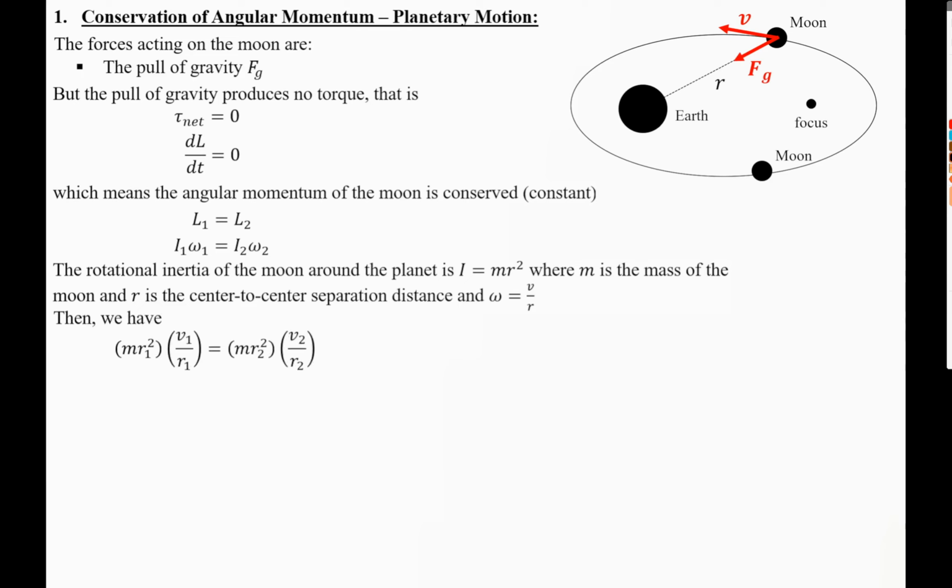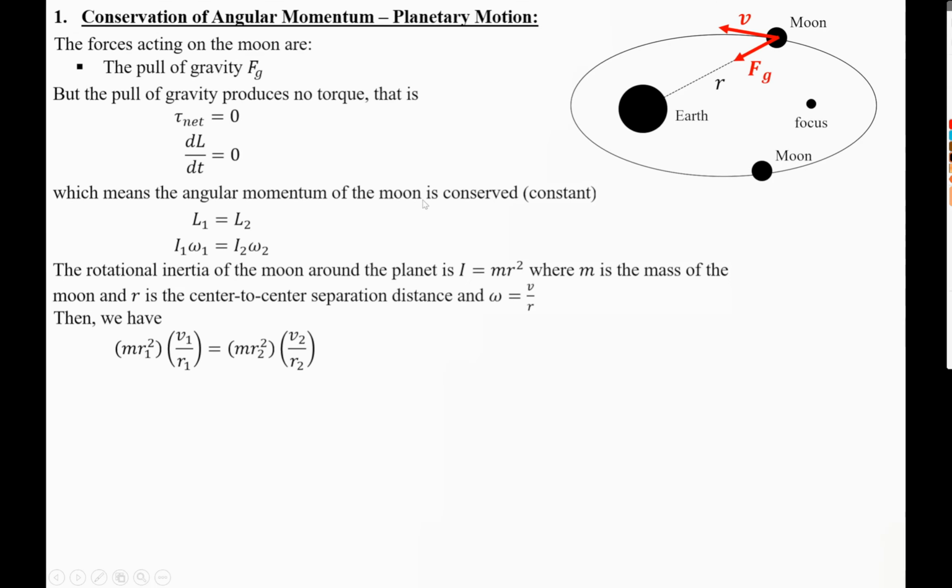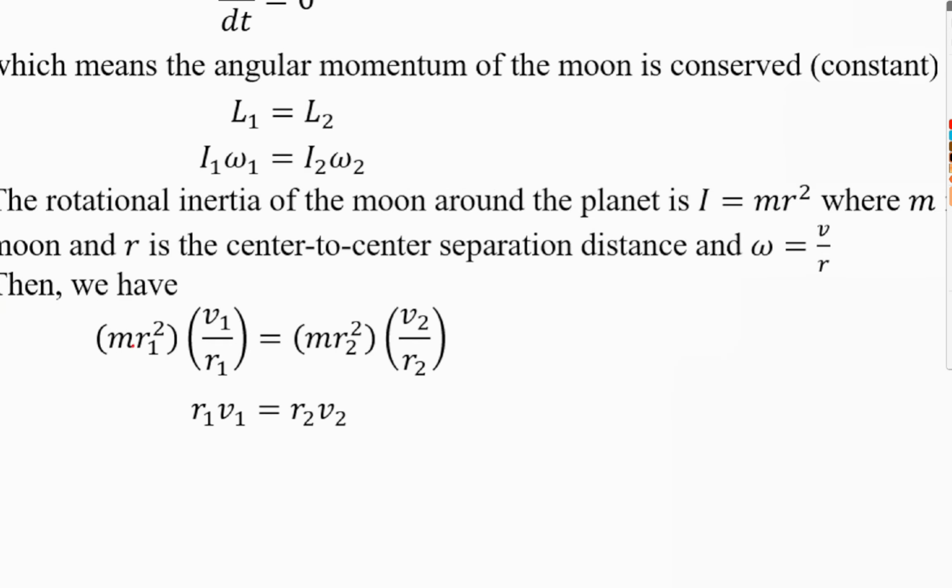Then we have m r1 squared multiplied by v1 over r1 is equal to m r2 squared multiplied by v2 over r2. So I have replaced I by m r squared and omega by v over r. Now here we can cancel the masses on both sides, and reduce the power of 2 on r, and we're left with r1 v1,